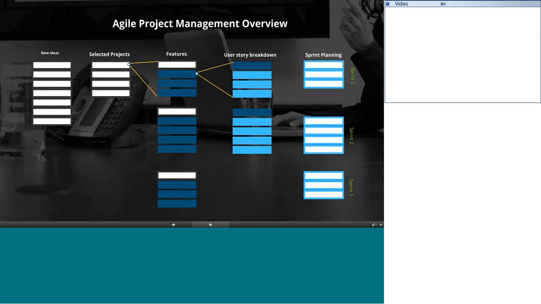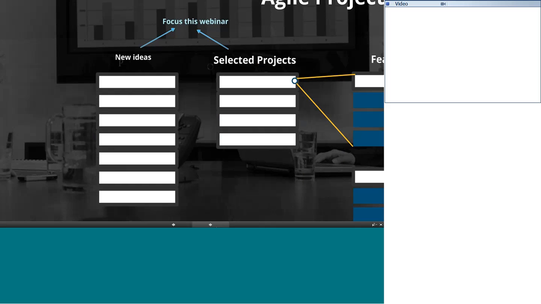Now, we're not going to cover all of the phases in this webinar. This webinar is actually part of a series. In the first part of the series, we're going to focus on these 2 phases, which is how do we go from the ideation phase to approving and loading a project for construction. The other phases, which would come after this, would be requirements gathering, and then versioning and release planning, and then maybe test case management, and things of that nature. We're going to address those in later webinars, so you want to stay tuned for that. But for this webinar, we're going to focus on the ideation and how we go from there to selecting projects that we're going to work on.